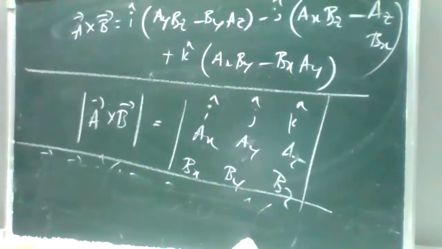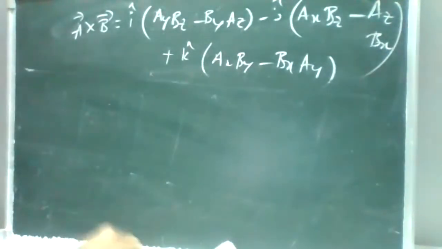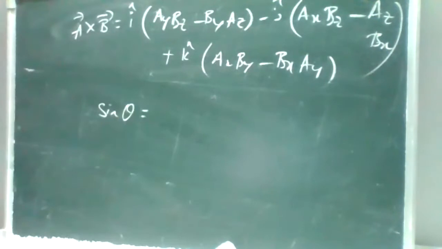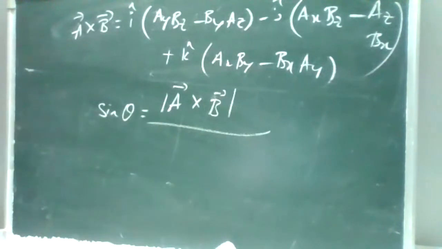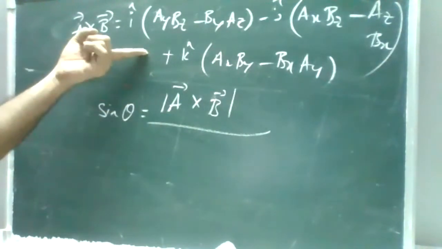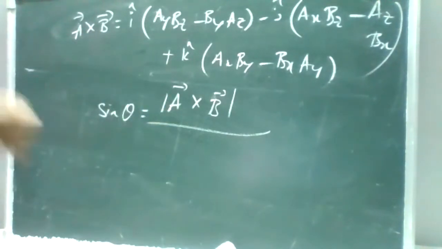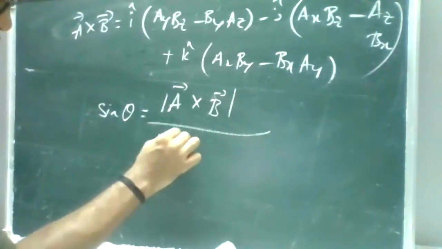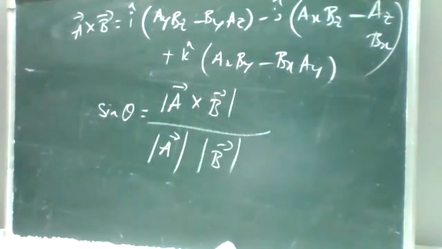Okay. So now the other formula to find the angle theta. In this relation, sine theta is equal to the modulus of A vector cross B vector divided by the modulus of A and the modulus of B. When we are multiplying it, it will be in vector format, so we have to take the magnitude. To take the magnitude, we are taking this modulus. The numerator is the modulus of A cross B, and the denominator is the modulus of A vector and B vector. These are nothing but your magnitudes.